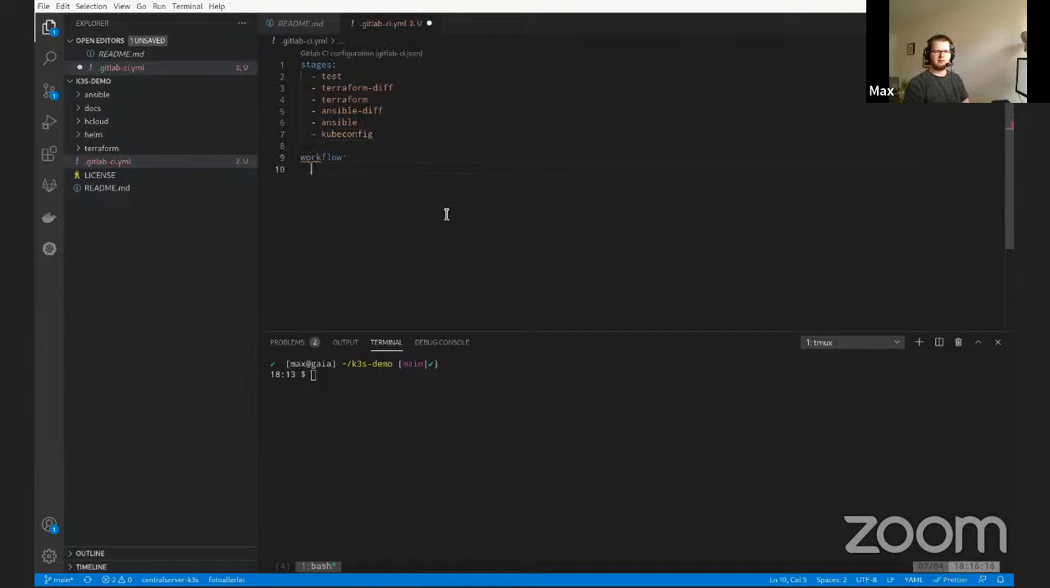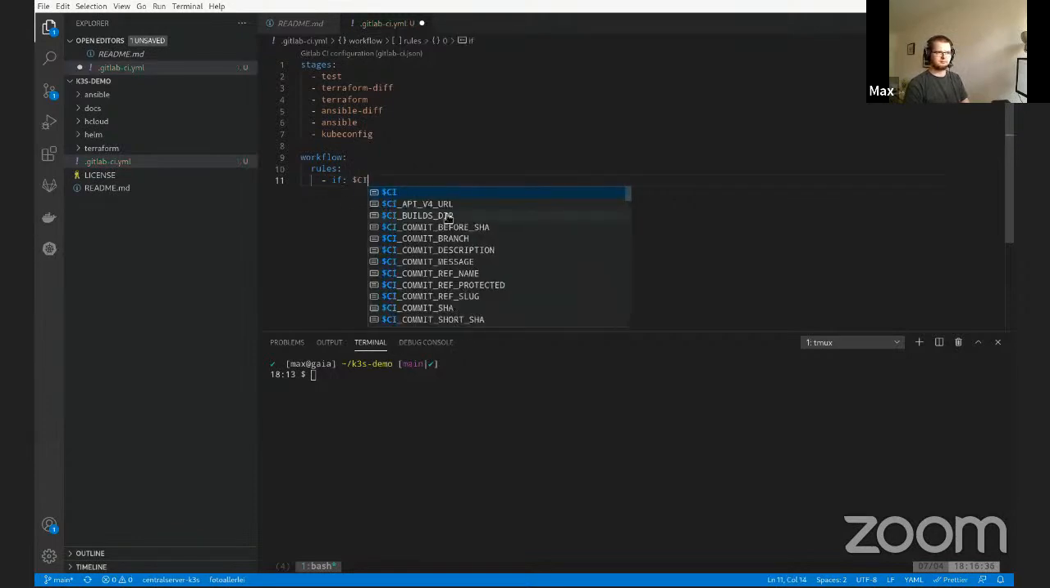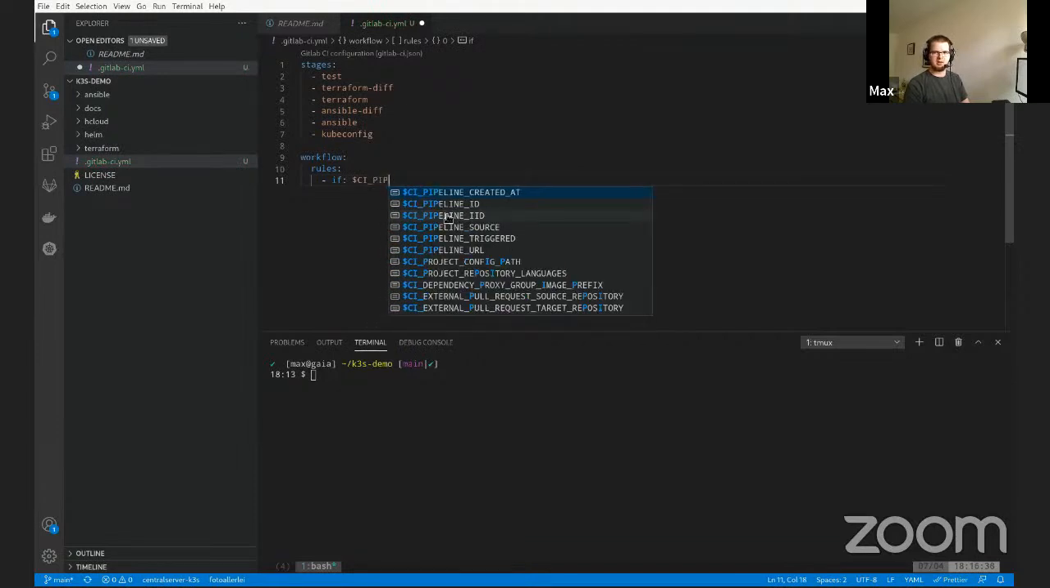One thing we do first is, for the time being, run our pipeline only if it's triggered via the web browser. So we don't run it for each commit or each merge request, only if we trigger it via the web interface. This might be a little bit unusual